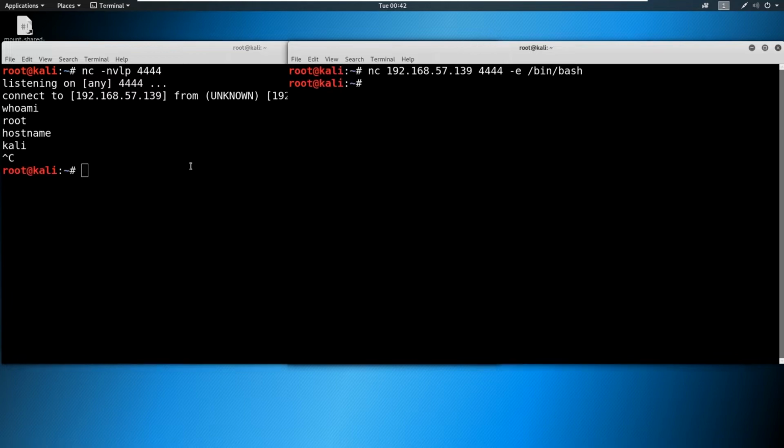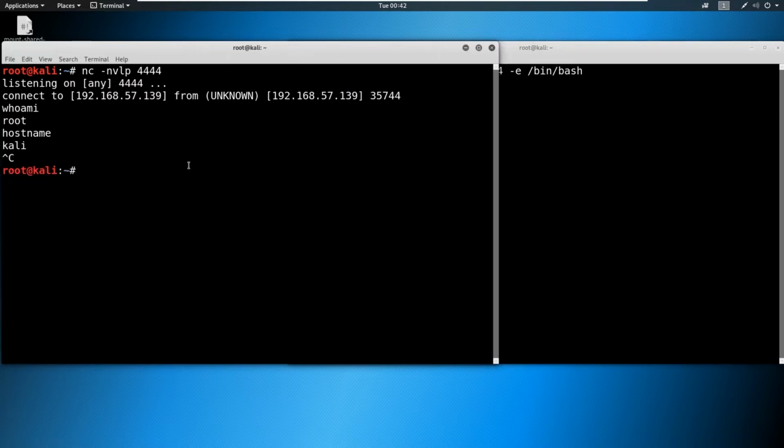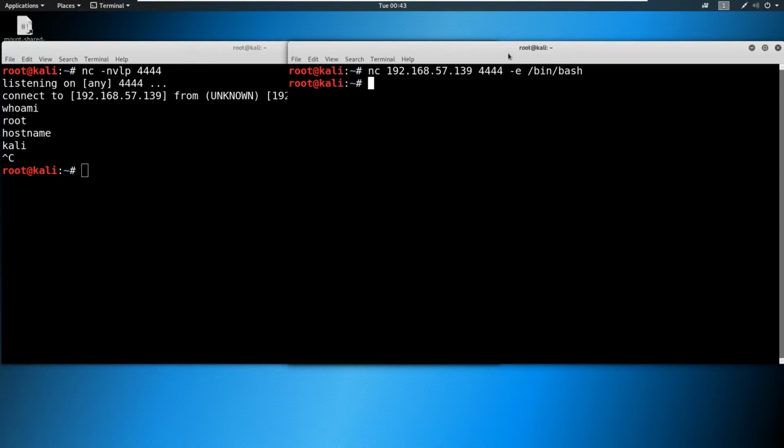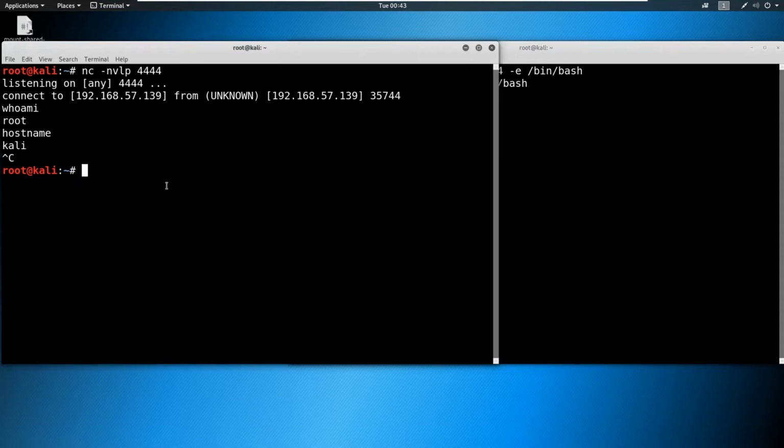It dies over here. Now, let's say we wanted to flip the script and we want a bind shell. Well, now, guess who needs to be listening? In this instance, we're going to be listening and we're going to be offering up the /bin/bash because we are the victim. So we still have to offer up whatever command line we are going to have here. Now, all we have to do as the attacker is connect to our victim,